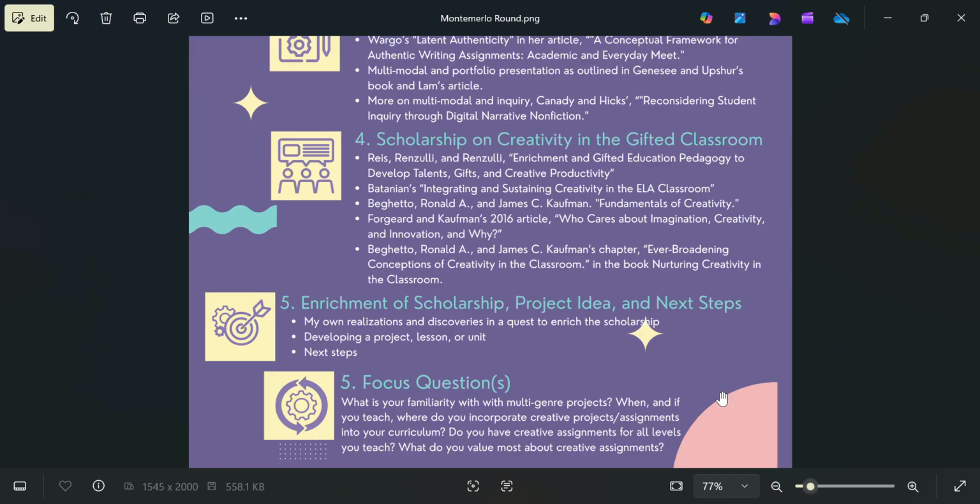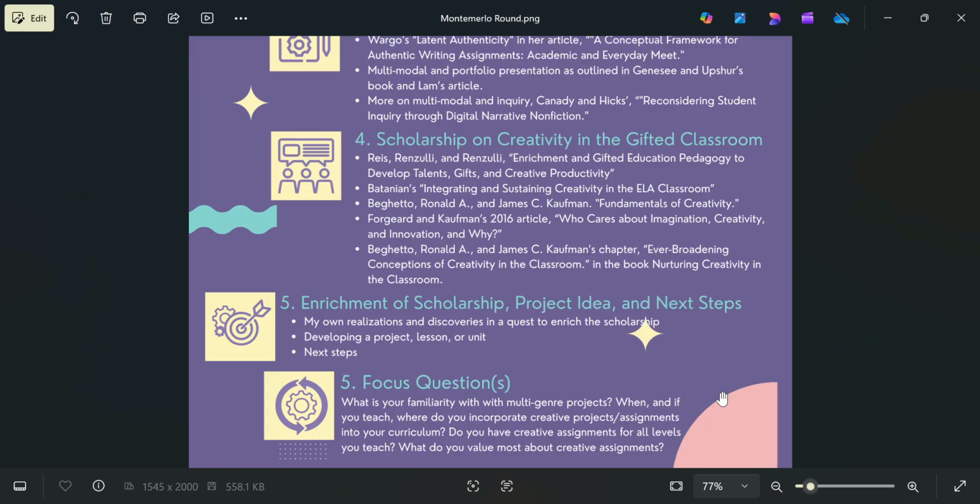I want to look up literature on multi-genres and creativity. Ashley explained how each artifact was rooted in research on the student's chosen author and had to maintain historical accuracy. This project did seem plagiarism resistant, as Ashley mentioned, and could be presented as a portfolio or collection of work. I also really liked how Ashley incorporated reflection. It was such a great research activity and had me wondering if I could create a similar project.